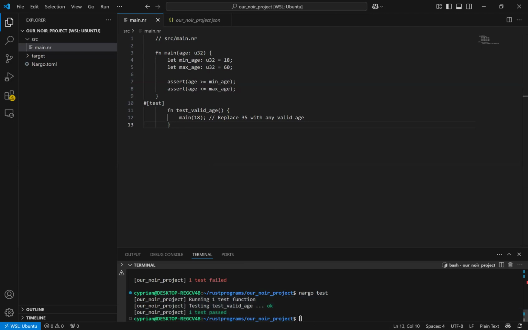Now, the next command we want to do is nargo execute. So if I do it now, it will not work. What I want to do, first of all, before I do it, I need to add a Prover.toml. So to add the Prover.toml,